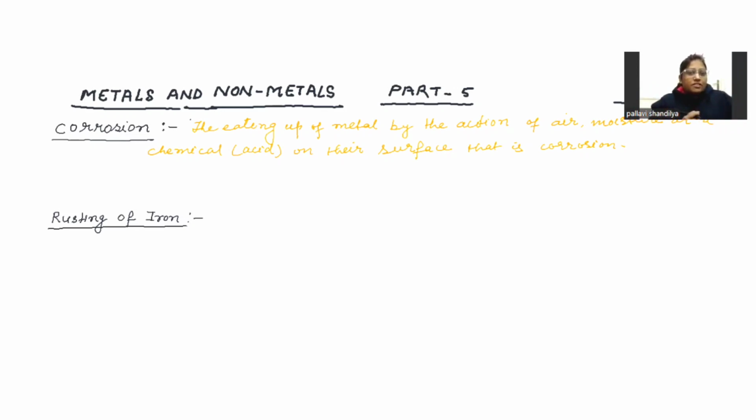And the main thing is that corrosion is an undesirable process. हम नहीं चाहते हैं कि मेटल्स खराब हो, हम नहीं चाहते कि हमारा आयरन इक्विपमेंट्स हो या यूटेंसिल्स या कोई भी चीज खराब हो, बट ये हो जाता है. That means we don't have any desire, but it happened. So that's why corrosion is an undesirable process. So here I'm writing